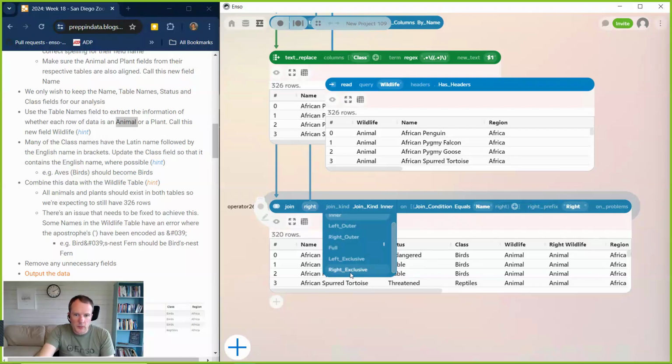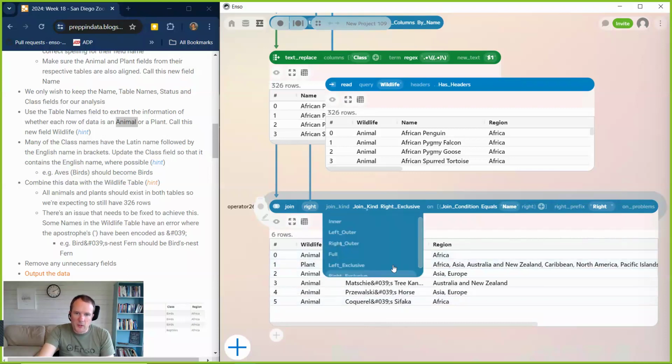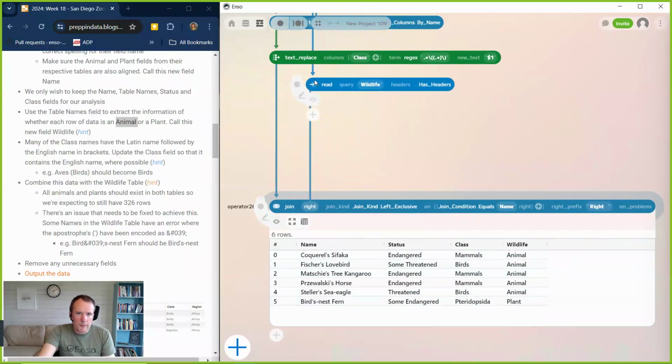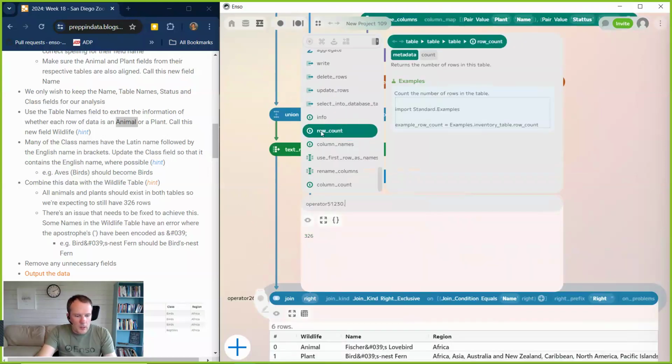If I switch that, we can look and see this is the problem that they've told us about. We've got these encoding problems. Similarly, if I switch to the left exclusive, these are all the records from the left side that didn't join, and again we can see those same records, this time with the apostrophe. So again, text replace is going to be our friend here. If I drop it back to the right inclusive and fix this, we're hoping those records are going to disappear. So we'll do a text replace